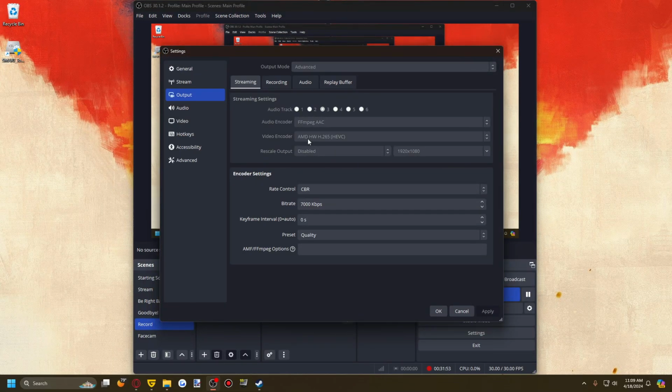The encoder is a separate chip that will do a vast majority of the work. You see, OBS is only using like 0.1 to 0.2% of my CPU right now. If I was using a CPU encoder, then OBS would be using a lot more. Depending on my settings, it would be using 17%, 20%. You can see how that could be a problem really quickly on something like gaming performance or any application performance